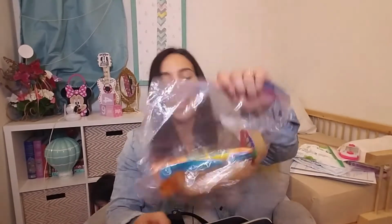I also keep food in my bag. These are some of the foods that I know that she'll eat. So if we're ever out and about and I have to do a feed on the road, I can still do her feeding therapy and give her snacks and stuff like that. I have graham crackers. These are veggie straws, and then a pack of to-go peanut butter. I also keep it in here because we have occupational therapy every other week, and so